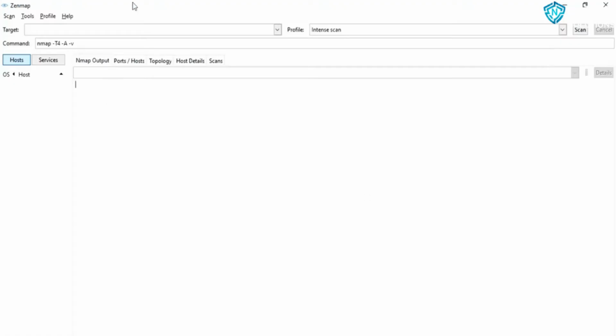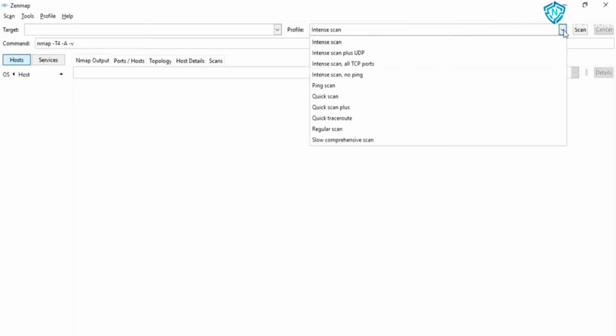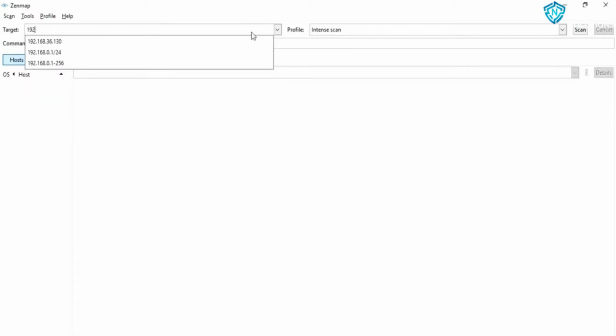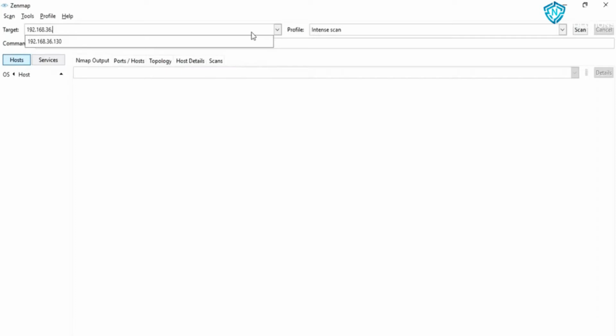You just have to download this setup and install this setup on your computer. After successfully installing ZenMap, you will see this is how it looks. After that, you will see that there is a target field. In that target field, we can input the IP address on which we want to make the network scan. There are various types of scans available in the profile column. The scan we choose, according to that, the command will be executed. For example, now we will enter one IP address and we will scan that specific IP address. We will see various ports and services running on that IP address. After clicking the scan button, the scan will be initialized.